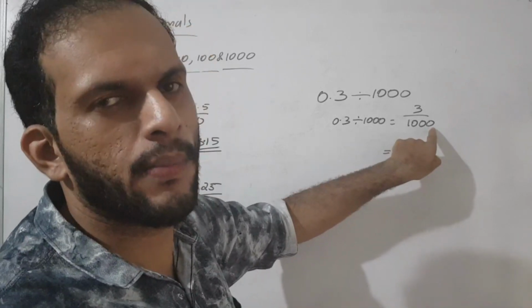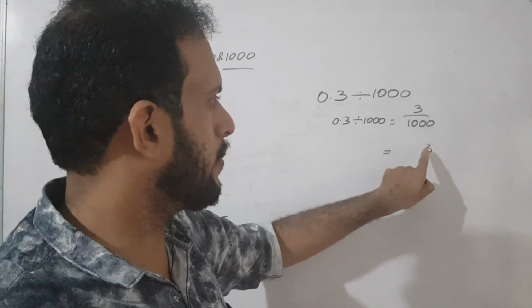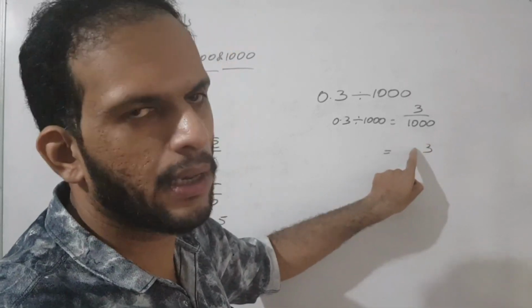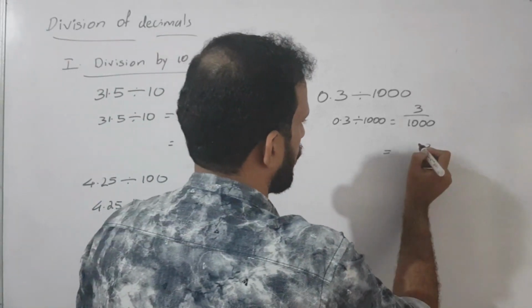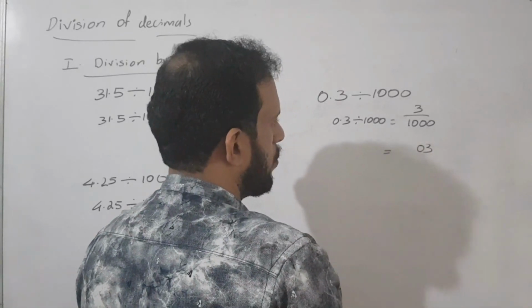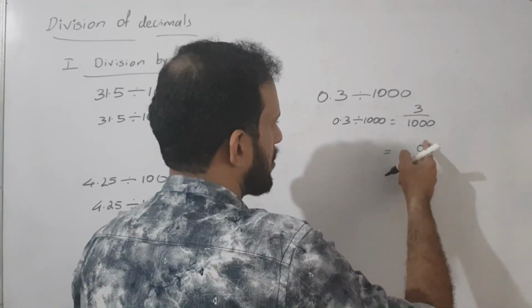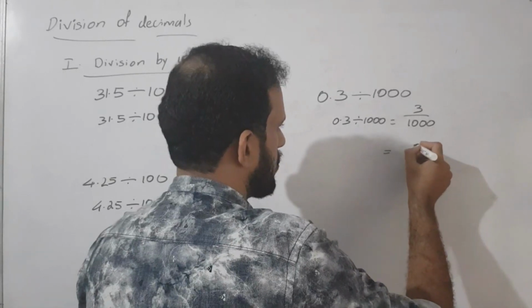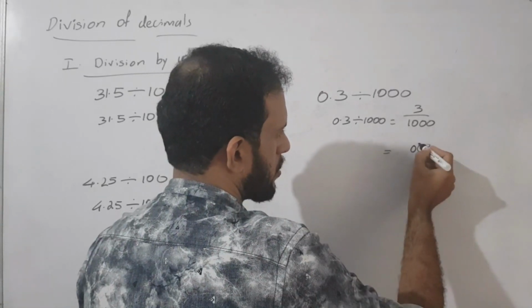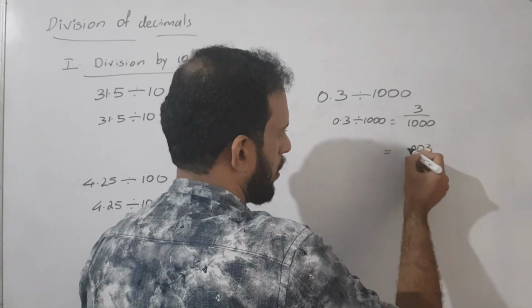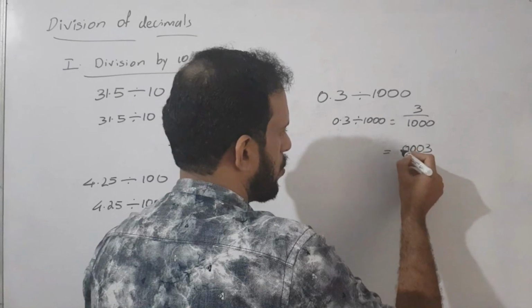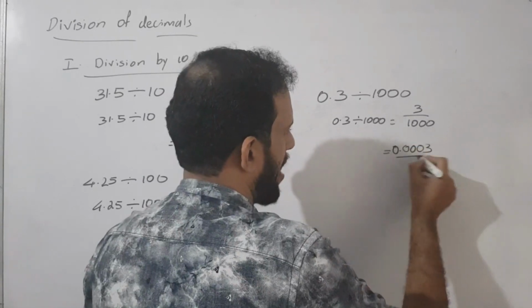3 steps. There is no number to move even the first step, so add 0. Do we have a number to move the second? No. Again add 0. The decimal point has moved 1 step, 2 steps. We need 1 more, so we again add the 0. So the point is here. So the answer is